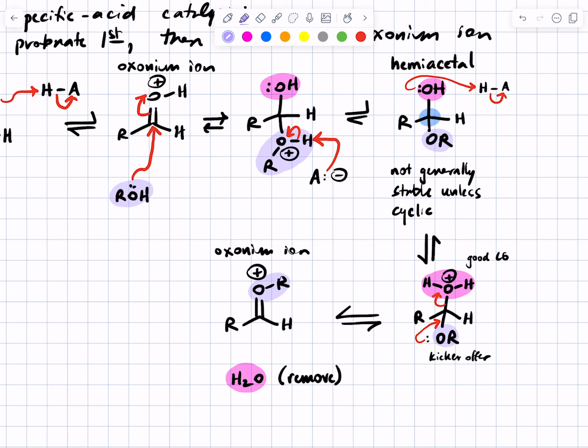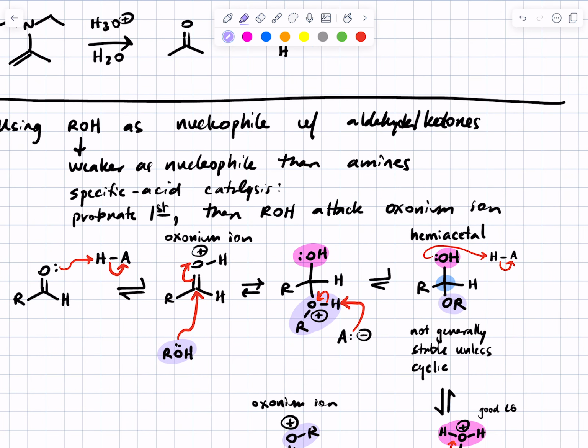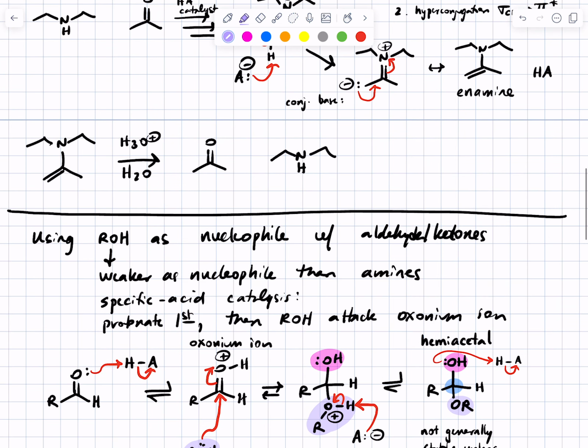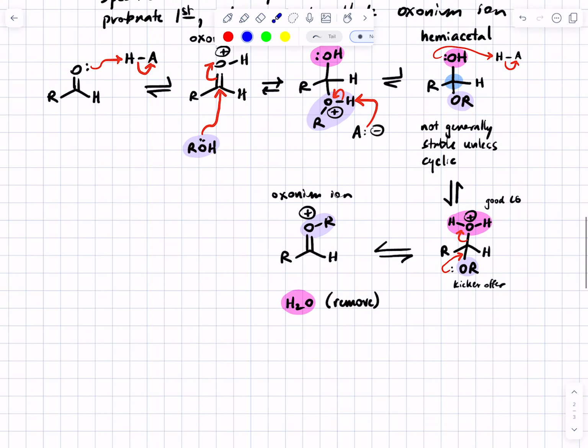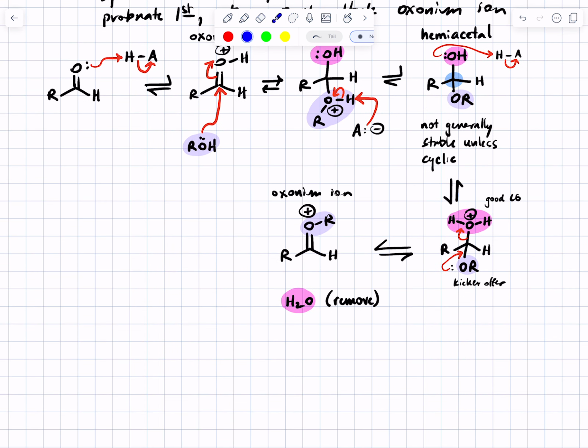Now, unlike imine formation, there is no proton to be removed from that positively charged oxygen. You might ask, why don't we do what we did for secondary amines and enamines? That is, why don't we remove an alpha proton and get to an oxygen version of an enamine, something that might look like this? And I will tell you that what I just proposed, and imagining you're thinking about, exists, and it's called an enol ether, but it's not the major product here, for reasons we don't need to worry